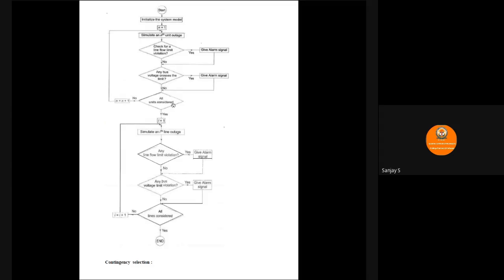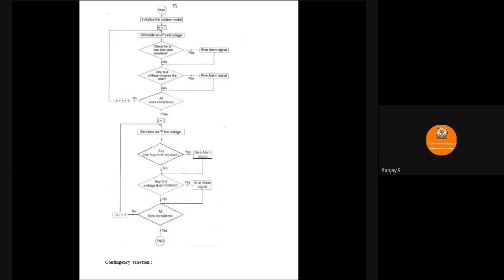All units considered, that means we have checked only for nth unit outage for one generating unit. We have to check for all the remaining generating units one by one. Try to disconnect a generating unit, check whether it will have a negative impact. A negative impact in the sense line flow limit violation is there or bus voltage violation is there, just check for that. If nothing happens, continue. If there is a problem, generate an alarm signal. This finishes the first part of the